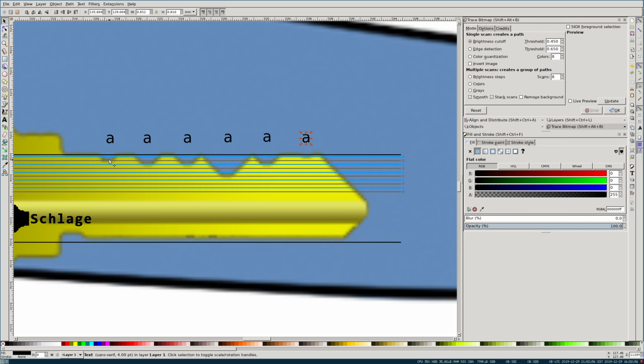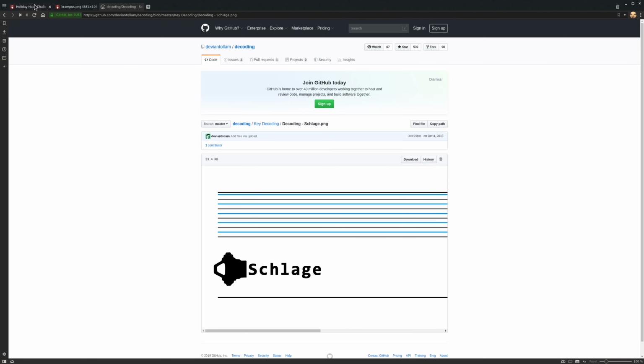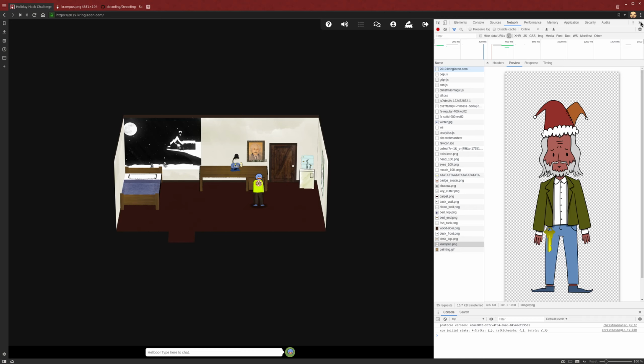So this first one is at a 1. The second one looks like a 2, as does the third. The fourth one goes down to 5. Looks like back up to 2 and a 0. Now with this code 122520, we can go back to the key cutting tool,